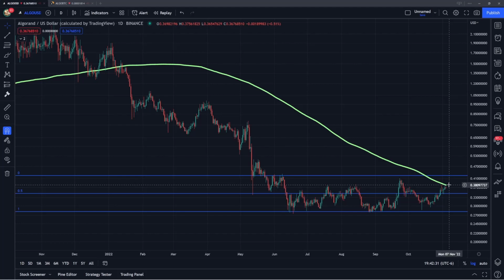Currently, the 200-day simple moving average is at around 38 cents. But do keep in mind, it is downward sloping, so it will continue to average down into the next few weeks. And it's going to be really important to watch this interaction for Algorand. And if we can actually start to break back above this, and instead of rejecting off of it, similar to how a lot of other altcoins are basically rejecting off their own 200-day averages, if Algorand can start to break back above this and then flip it into support, this would be a very bullish sign.